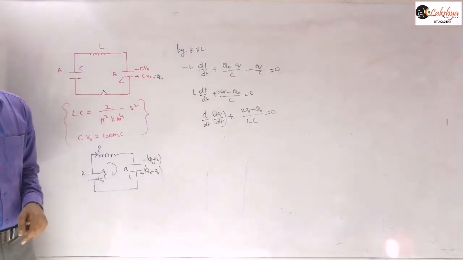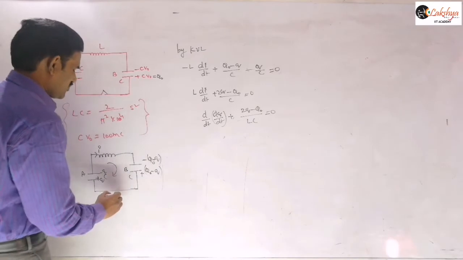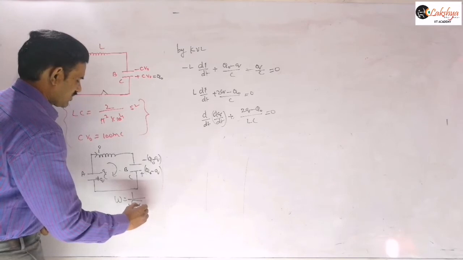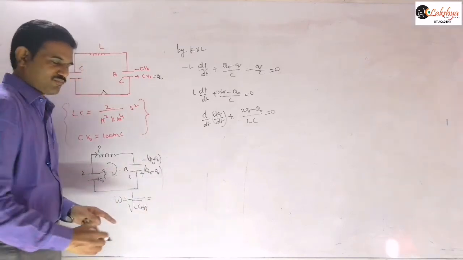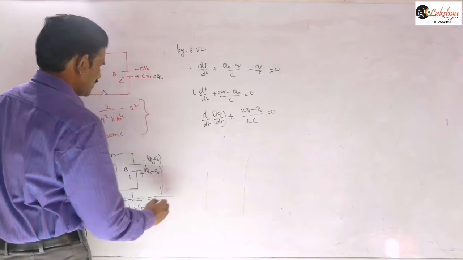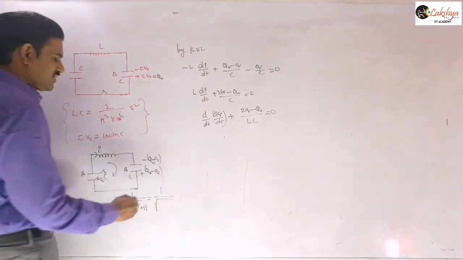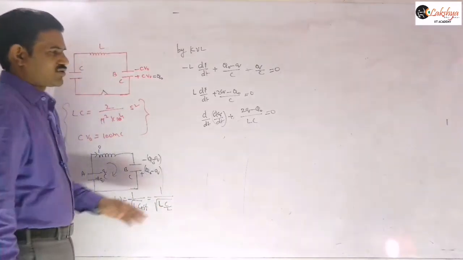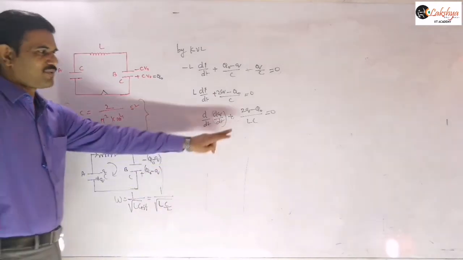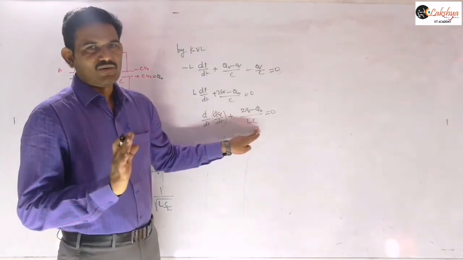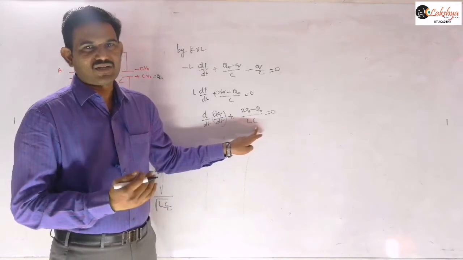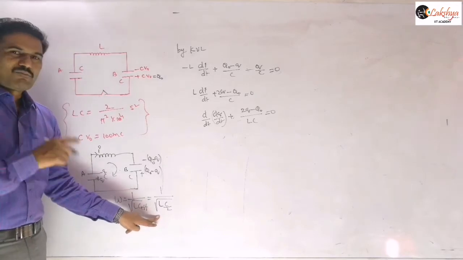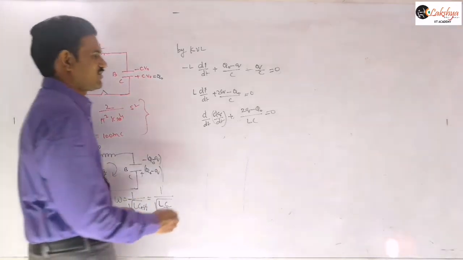And another important thing here is, what is our omega value here? Omega value is nothing but 1 by under root of C effective we need to write, right? Because two capacitors are there. And here that C effective value is nothing but two capacitors in series, so C by 2 you will get. So this value is nothing but L into C by 2. You can't take this 1 by LC value as omega square here, so you need to note this also. So the by 2 is required.